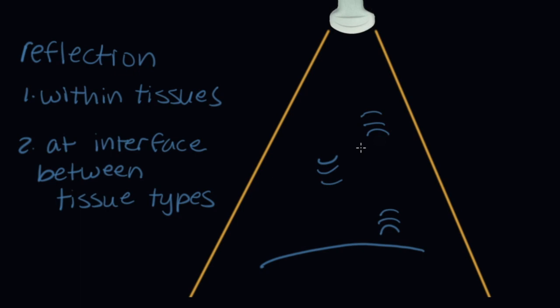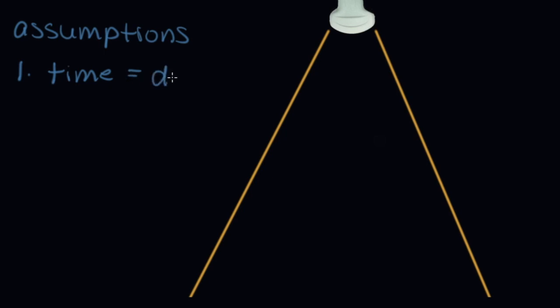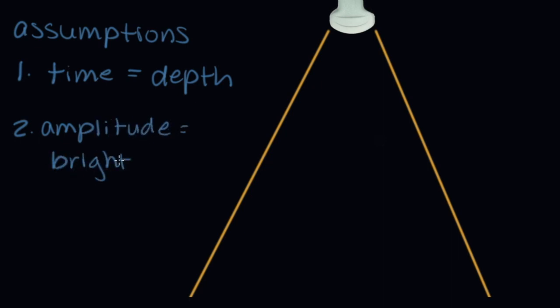The computer then converts the vibrations into an image by relying on some basic assumptions. The first assumption is that the time it took the echoes to return is equal to the depth the echoes penetrated within the tissue. The second assumption is that the amplitude of the returning echoes is how bright the dot